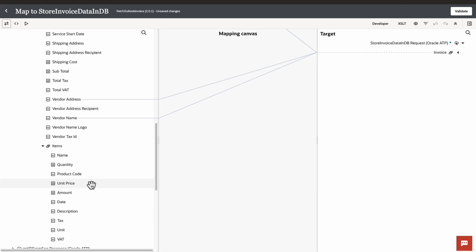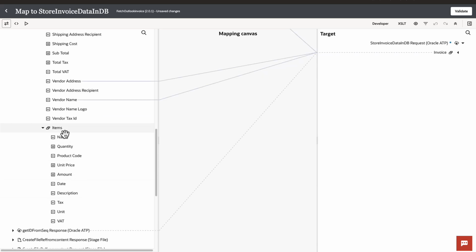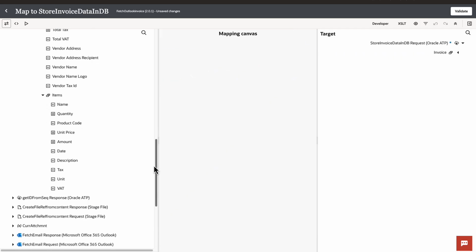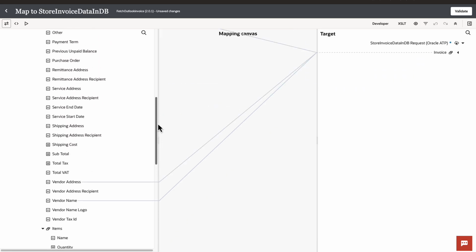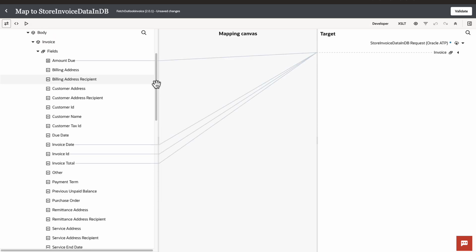All the invoice lines related fields get populated, and of course for multiple lines there will be multiple of these items. That is why it is an array, right? So these are all the pieces of information that get populated depending on the document understanding service and the invoice document that it is actually processing. Whatever field it analyzes and extracts out of that document,